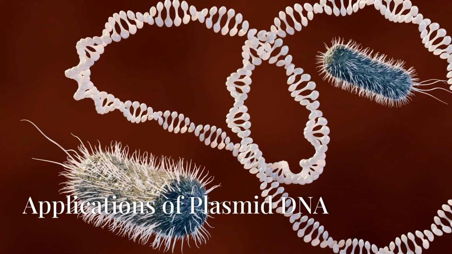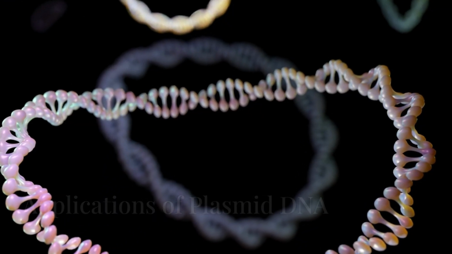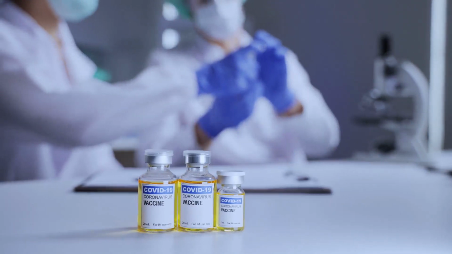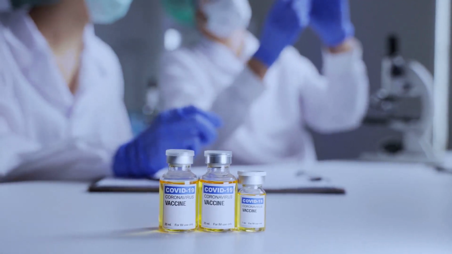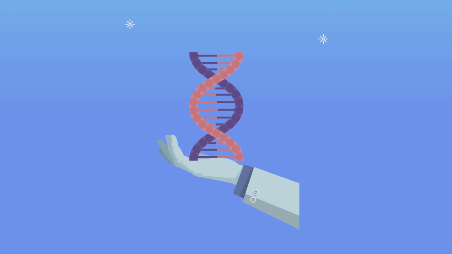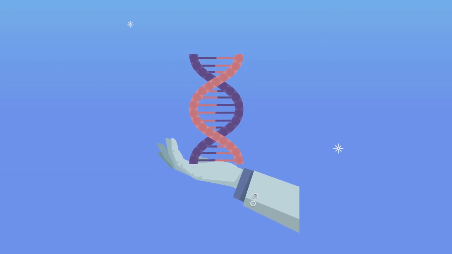Applications of plasmid DNA. Plasmid DNA plays a central role in modern biotechnology, being widely used in gene cloning, gene editing, protein expression, and vaccine development. In gene cloning, researchers can insert target genes into host cells using plasmid vectors to study gene functions or expression